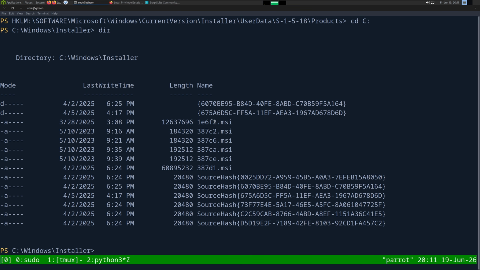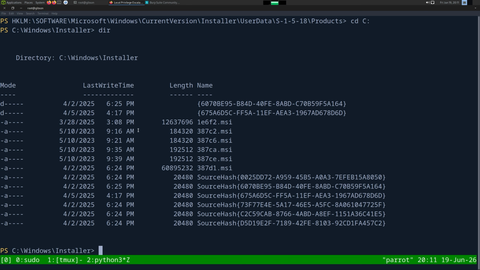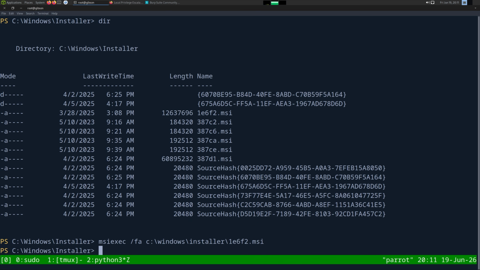So this is going to be the CheckMK. We could have probably also just guessed, since all these are at the same time, this is probably Windows Update, and this is probably something custom. But yeah, let's go msiexec